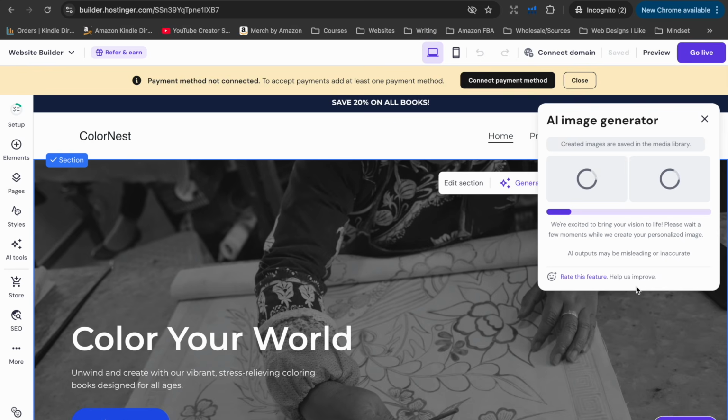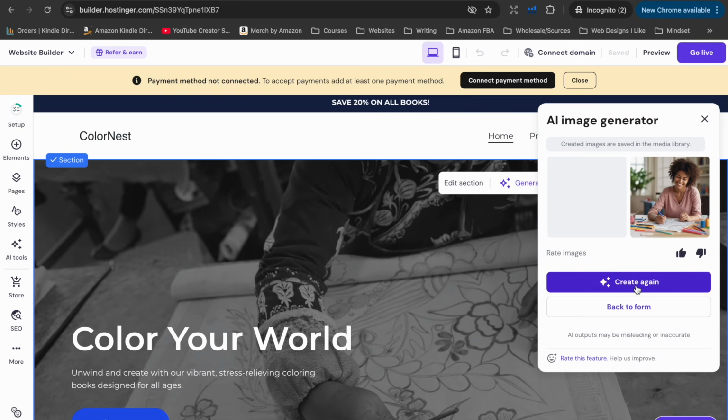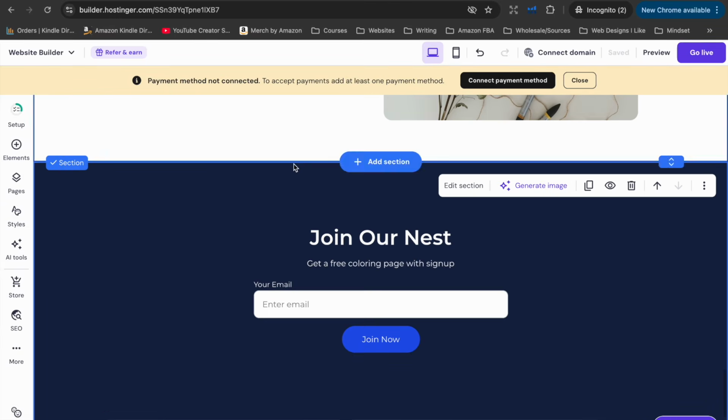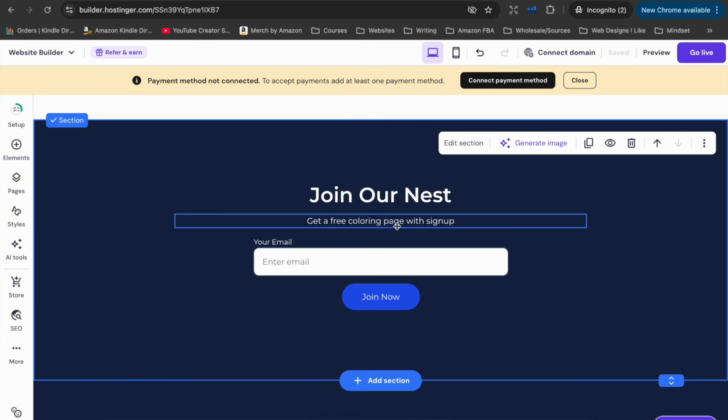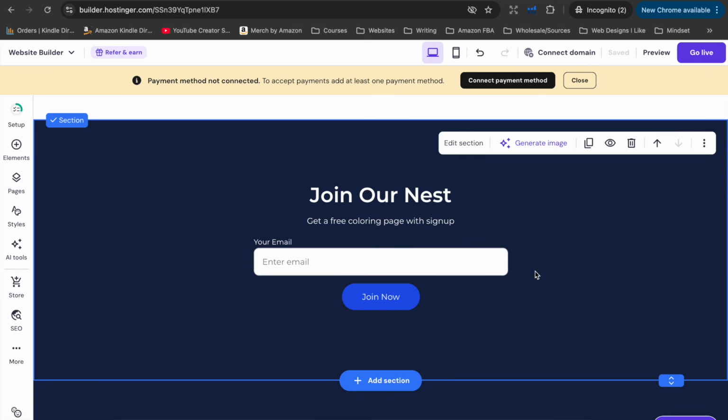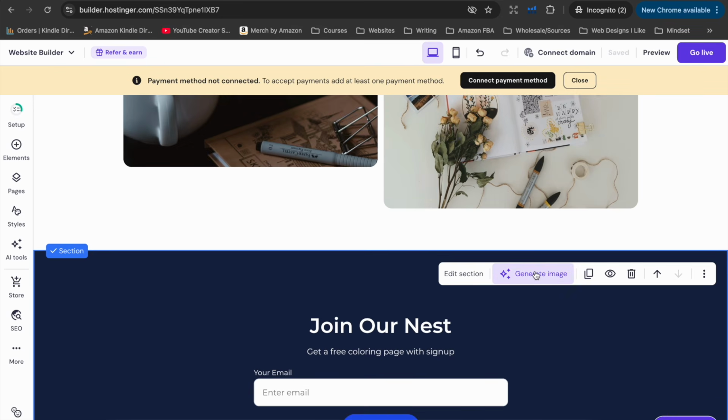You can create a downloads page where people can download digital versions of your coloring books. As we have done in this example, we can add an online store and you can create an email sign up, which is very, very important. This is where your website is really going to start working for you. Offer something really simple and useful in exchange for an email address, a checklist or a worksheet or a short guide, something that is related to the books that you're publishing. But this is going to allow you to build a relationship with customers outside Amazon, and it creates long-term value that compounds as your brand grows.